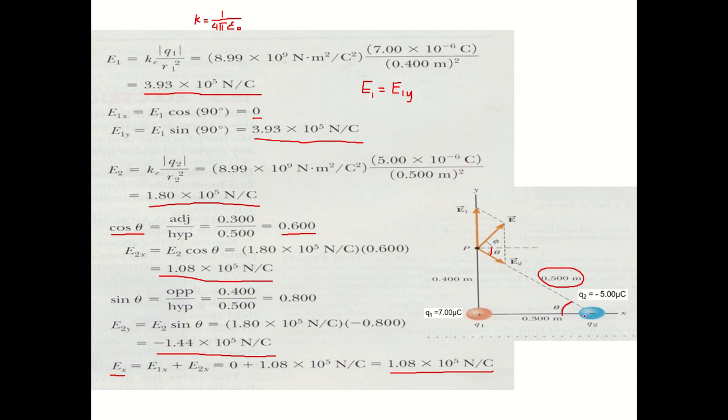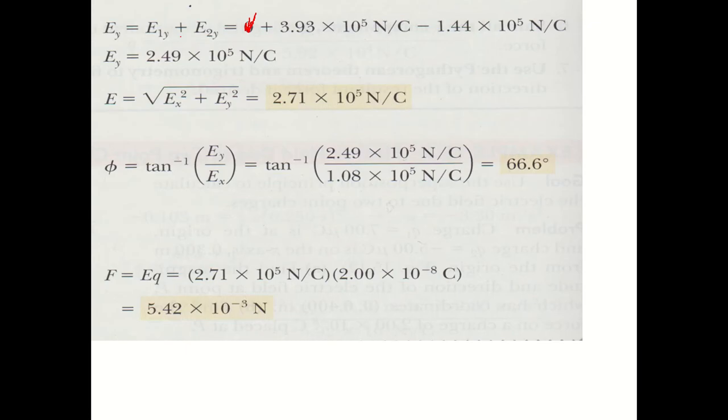The vertical component of this one, as you can see here, is going down. So that's why we have negative. So adding, this is plus negative something. Then when you combine, you have here this. Okay, and then to find the magnitude, the magnitude is just the square root of the sum